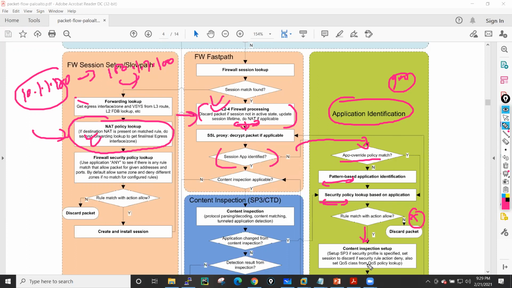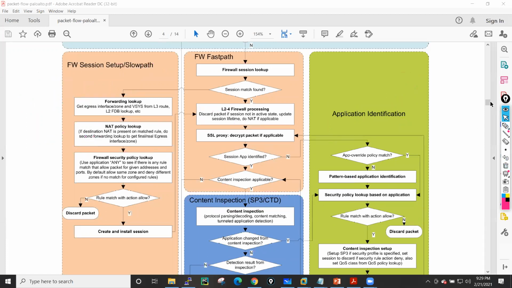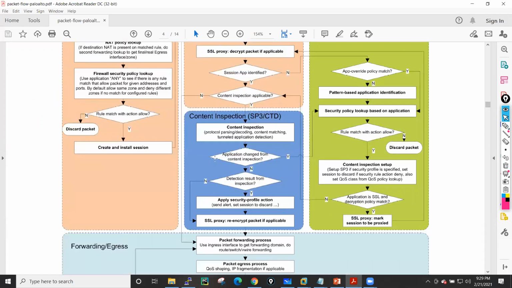Then your content inspection happens, and that packet goes for content inspection. In content inspection, on the basis of your URL filtering profiles, your vulnerability profiles, your data protection profiles, your file profiles, all these profiles match in this particular place.